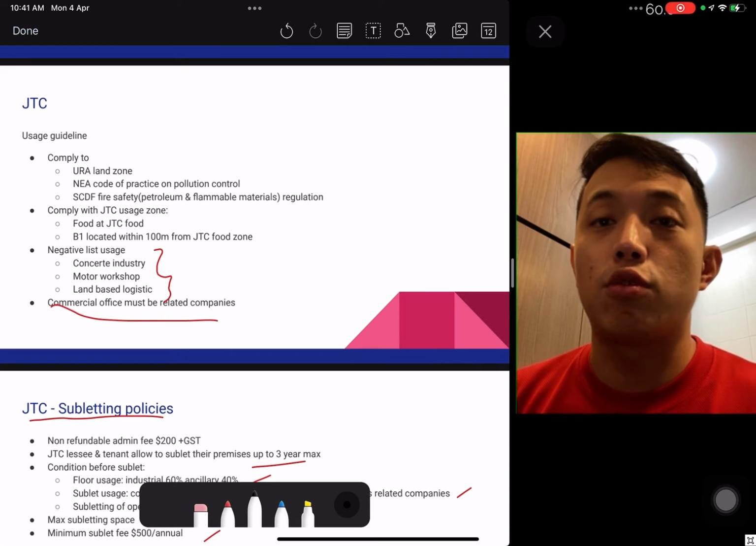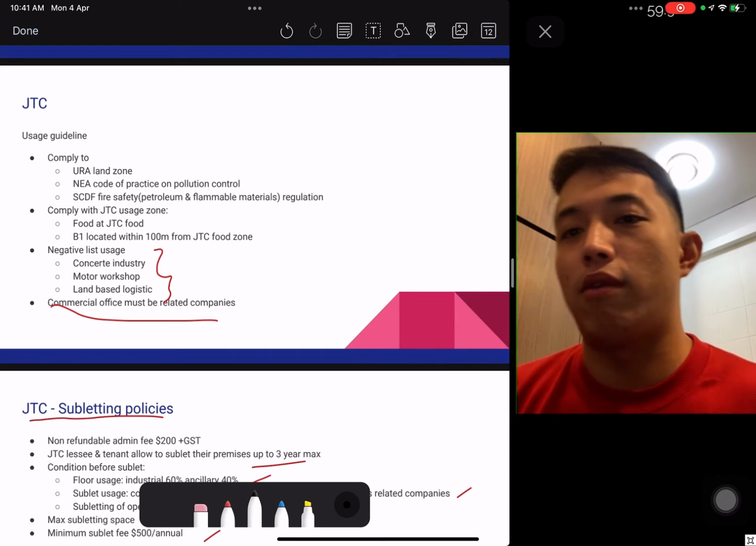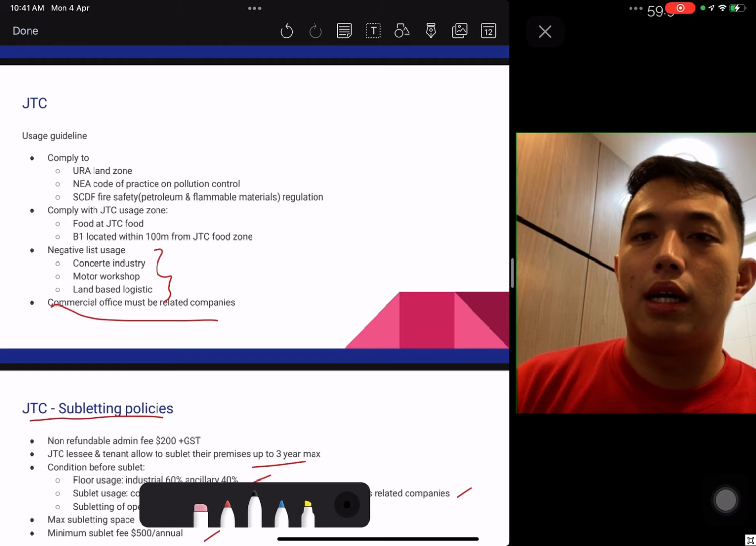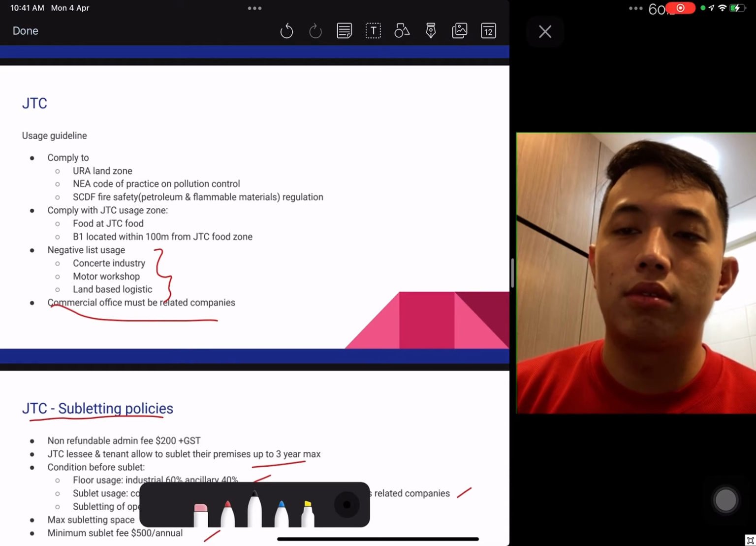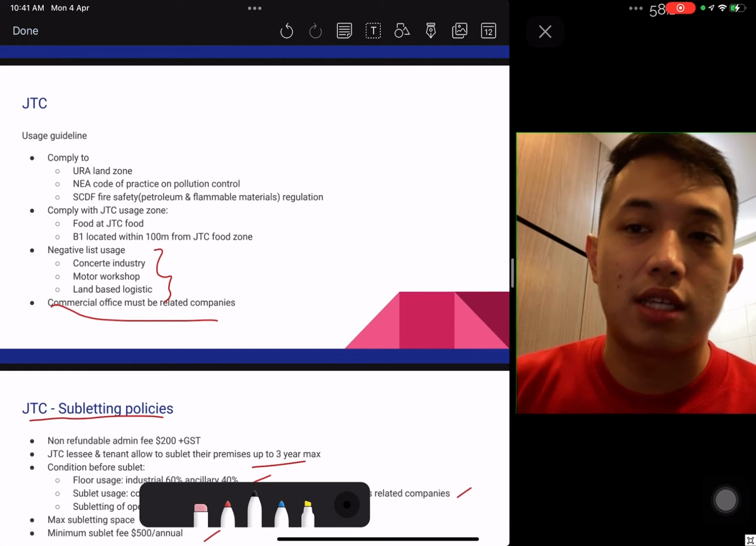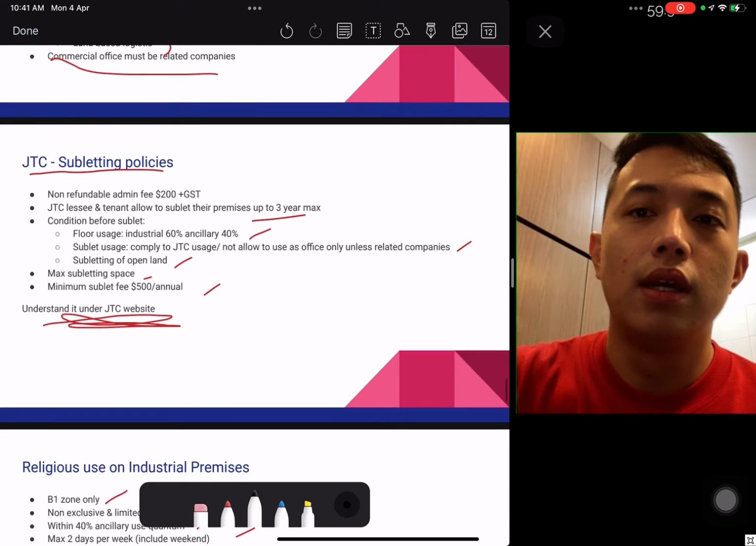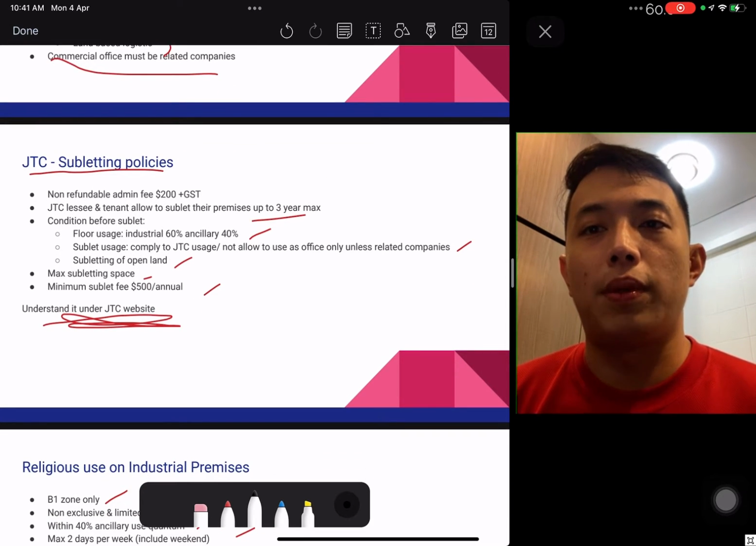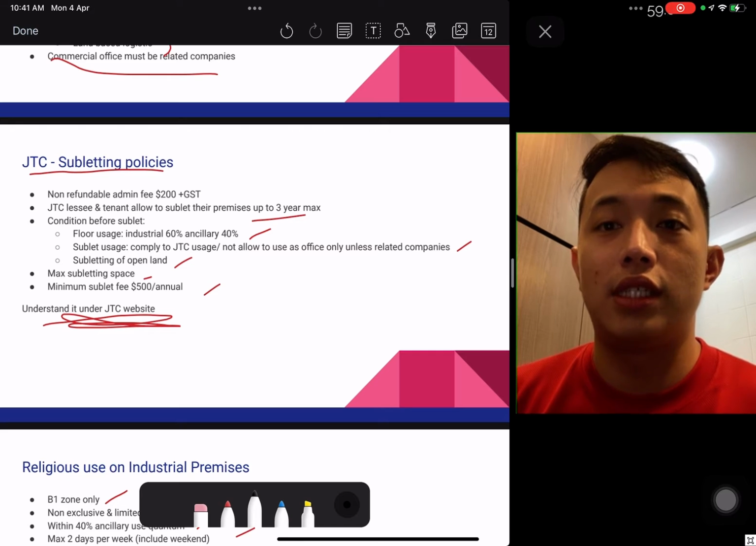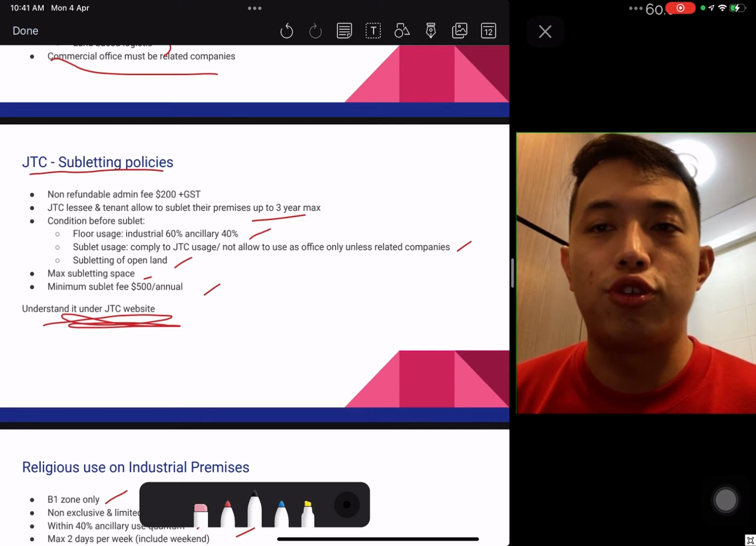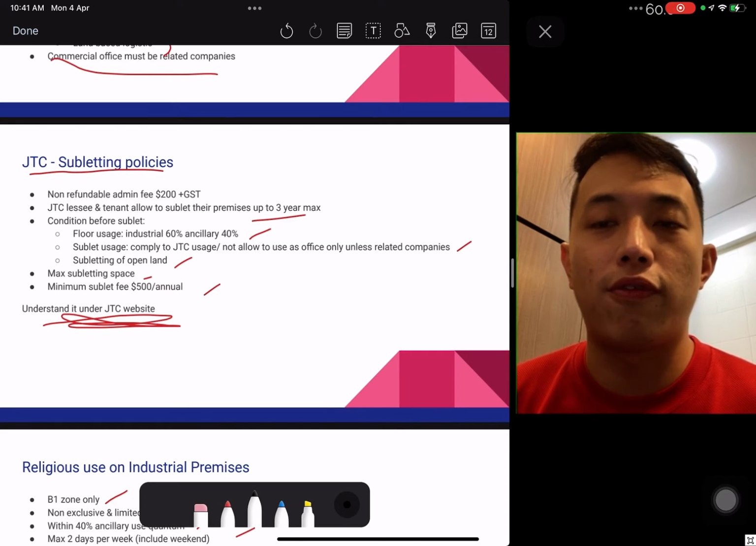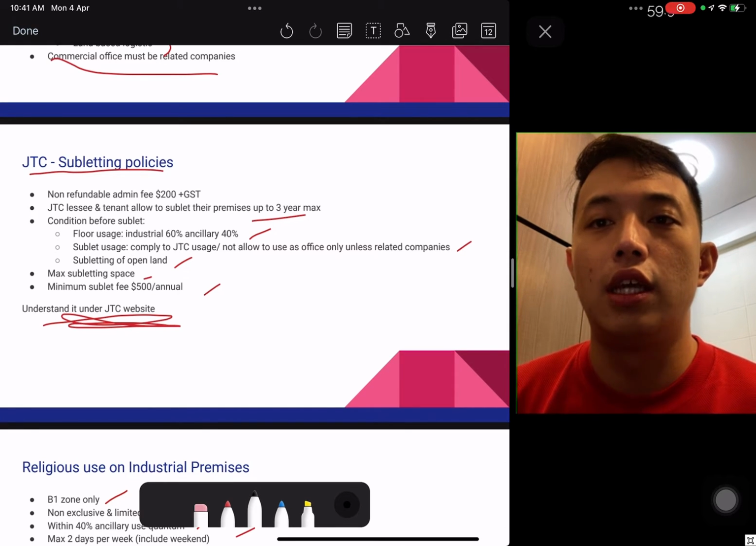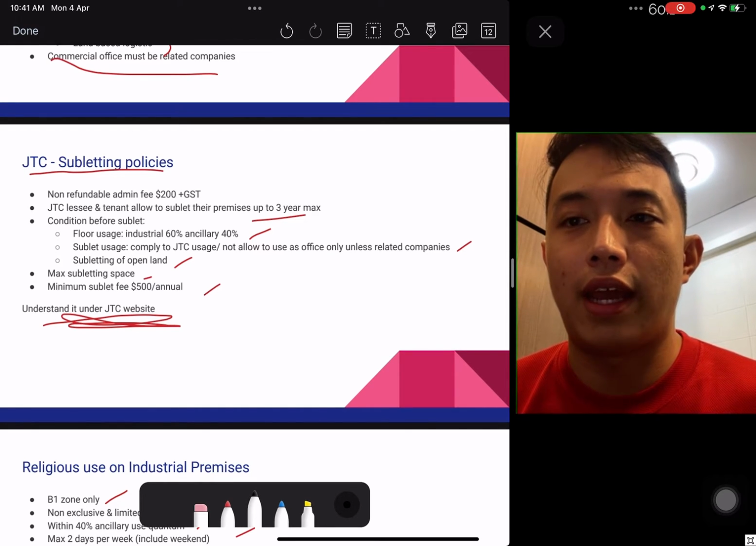Any commercial office to be used under JTC industrial area must be a related company to the mainland anchor tenant, and it must be a 40/60 lease control again. So the admin fee for subletting will be $200 plus GST. Sublet not up to 3 years. Still have to comply before and after subletting with the 60/40 use of land. Subletting